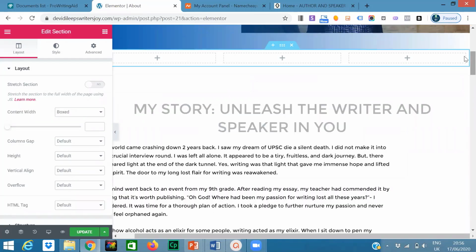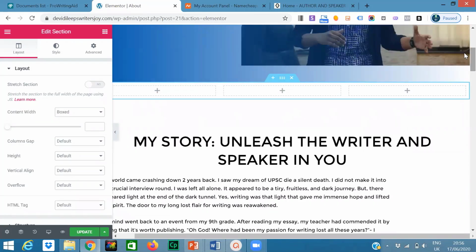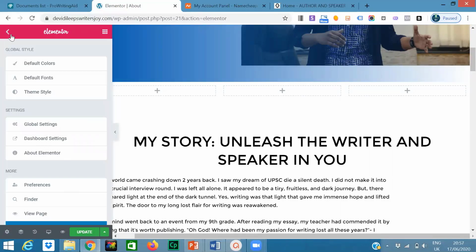Automatically there will be 3 sections which get created. Now maybe she wants to add buttons here, or pictures here, or some content here. She can do anything she wants. For that, what she needs to do is go to the Elementor section. Click on the menu on the left hand side. Elementor left side menu. Yeah, there is a menu on the top left hand side in the edit section. On the top, click on that menu.